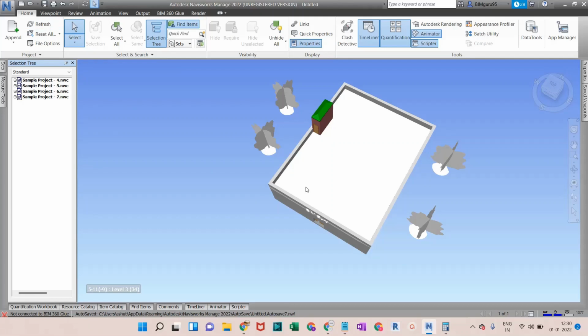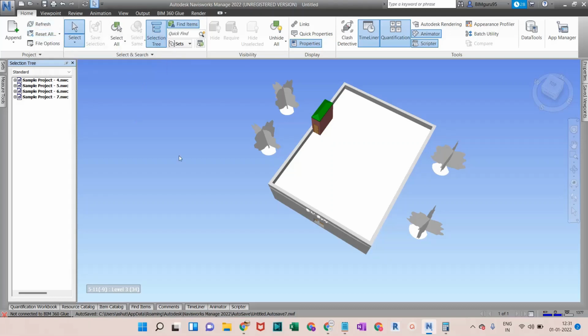And what is the NWD then? Imagine we are sharing our model or whatever report we have generated in Navisworks, then we always share it in NWD format. Why? Because NWD is a document only. We do not need to attach or engage any NWCs or NWF, nothing. We can directly share an NWD file. But if we are sharing an NWF file, then we need to make sure that we are sharing the NWC files as well, which are directly linked with it. So that is the difference between NWC, NWF and NWD. I hope now it is clear to you. Now we got the point about Refresh as well.